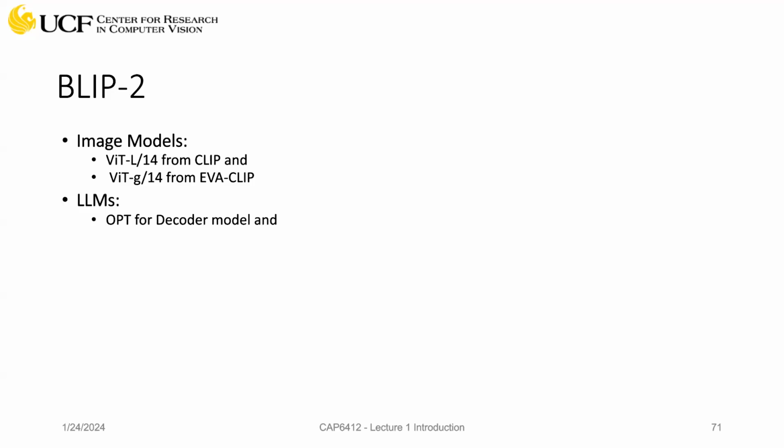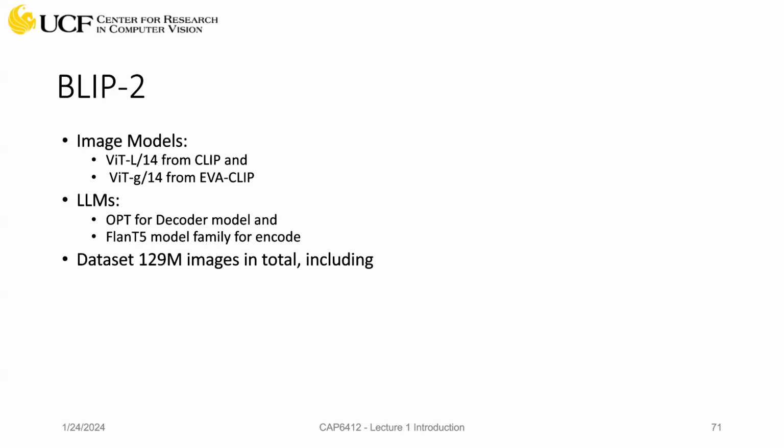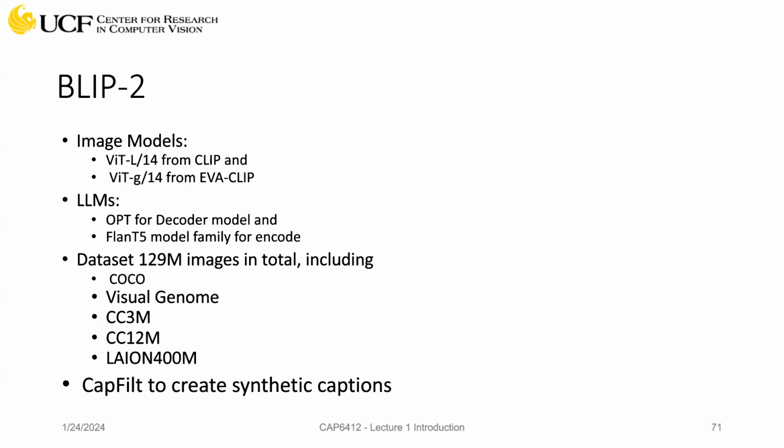For the LLM they are using OPT as the decoder model and FLAN-T5 as the encoder-decoder model. The dataset is 129 million images in total: COCO, Visual Genome, CC3M, CC12M, and so on, and LAION 400 million. Then they use synthetic captions to improve the captions. And that's one thing